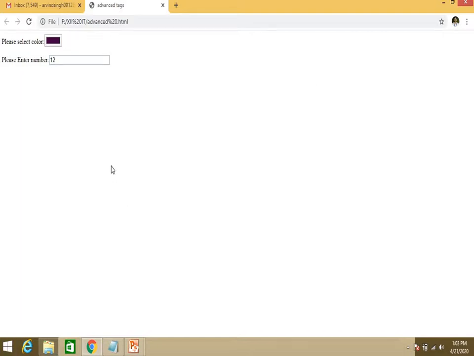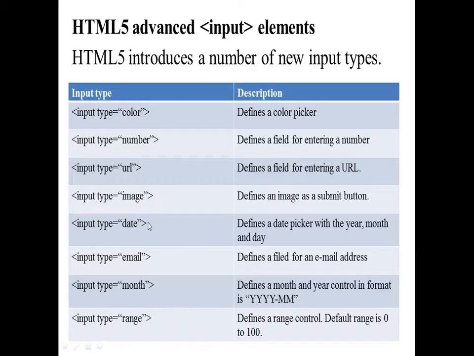With the help of HTML5, if you are using these things, validation is already done, because whenever you want a number in this, you are not supposed to enter text, so only numbers will be allowed. Validation is automatically done over here. You need not write the code for the validation. Done. Input type equal to number defines a field for entering a number.